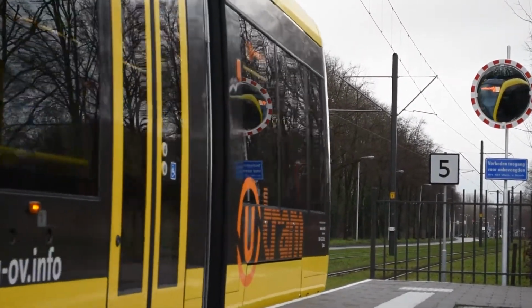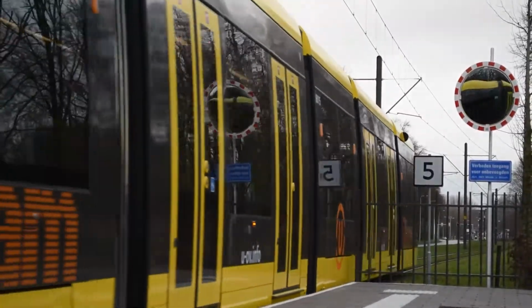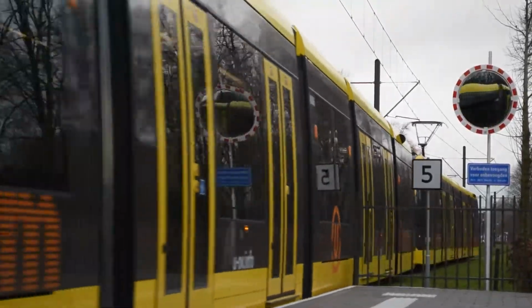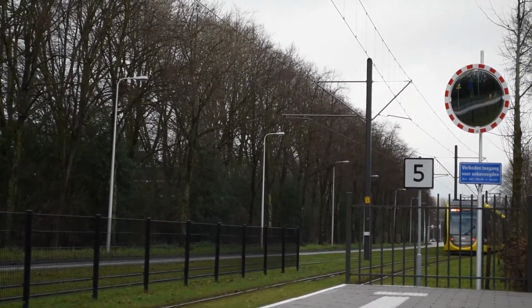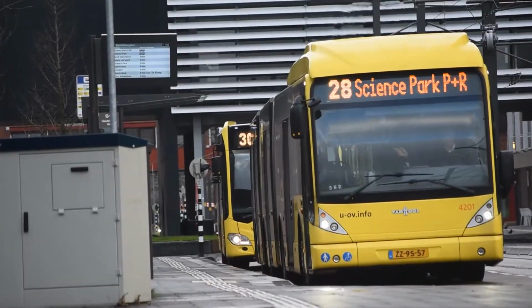On the 14th of December 2019, a new tramline opened in the Dutch city of Utrecht. After more than 7 years of planning and construction, a new connection was established between the busiest train station in the country and the Science Park of Utrecht. These two extremely important hubs for transportation and innovation had been connected by numerous bus lines in the past, with